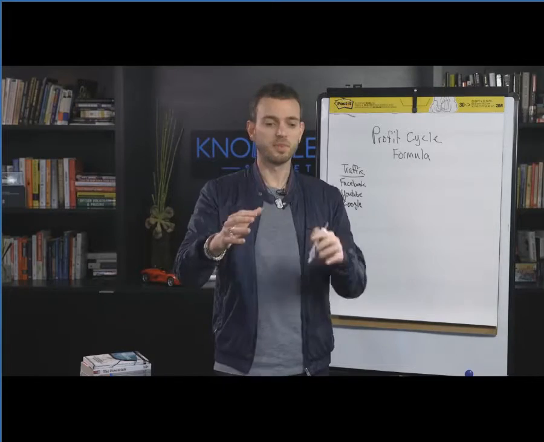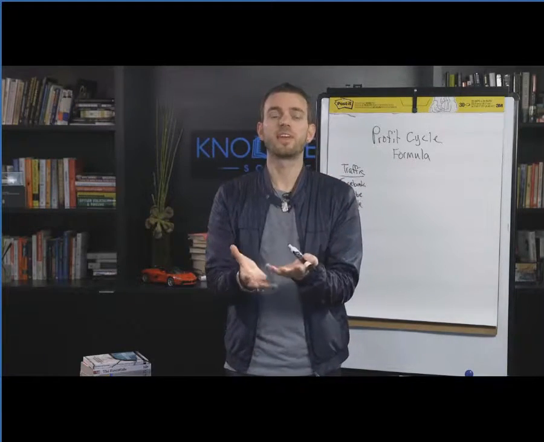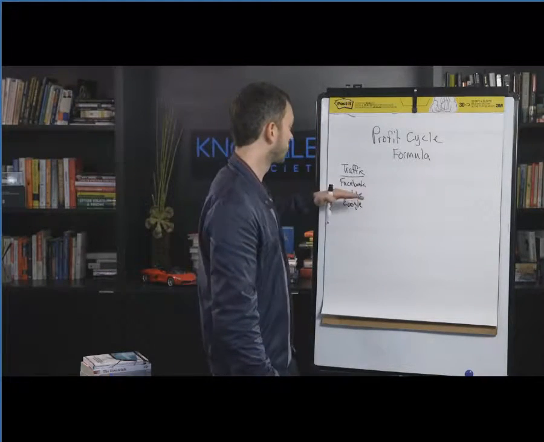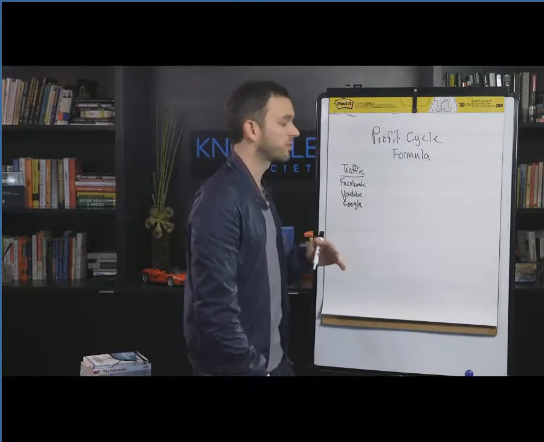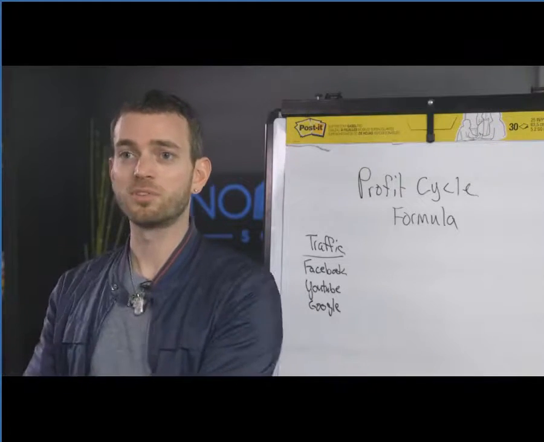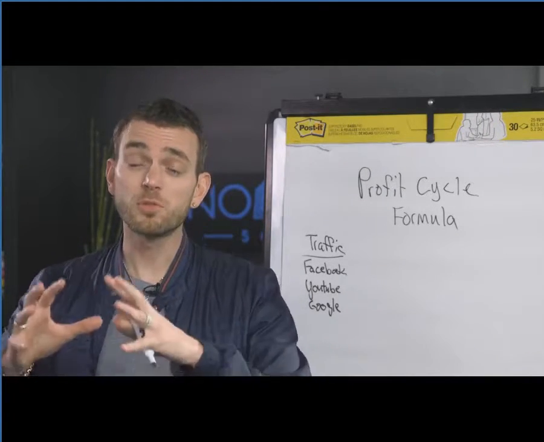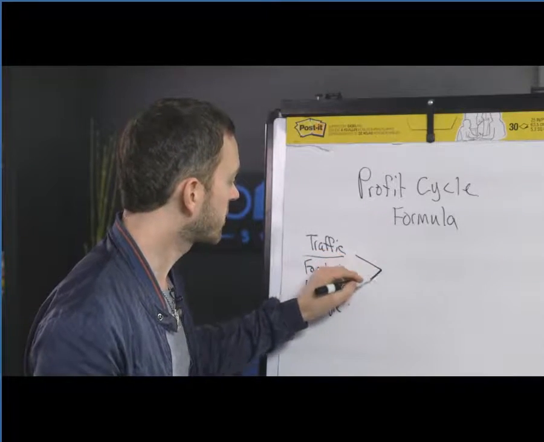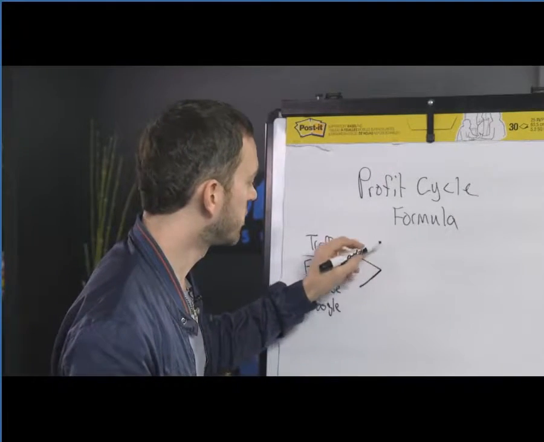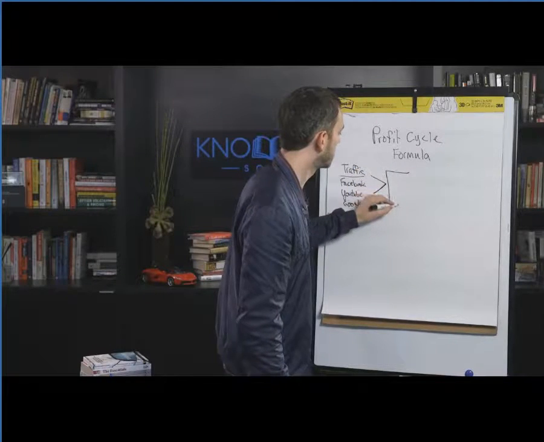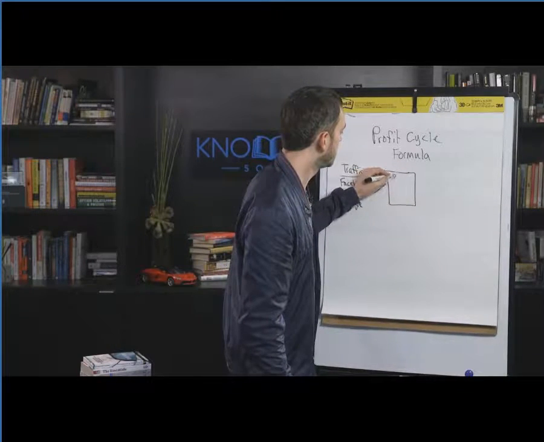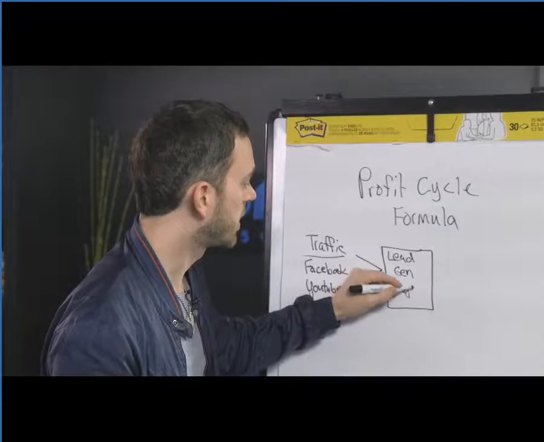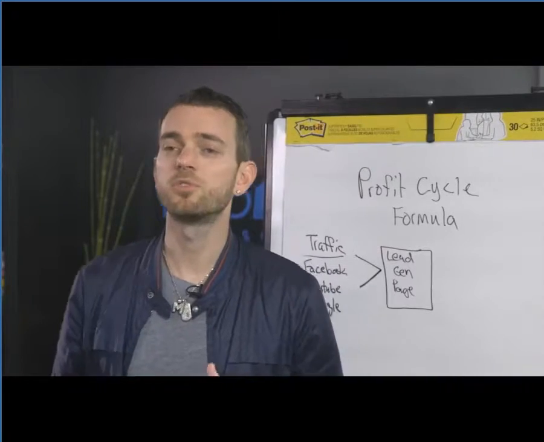Optimize basically the entire funnel that they have for their business online, which is going to get them better results. Because if you're out and you're doing Facebook marketing and YouTube and Google for a business, well, if they don't get results, they end up canceling, right? So what we do is we build them one of these profit cycle formulas. So the traffic, all right, what the traffic does is the traffic all funnels into what we call a lead gen page. Now, it comes into a lead generation page.